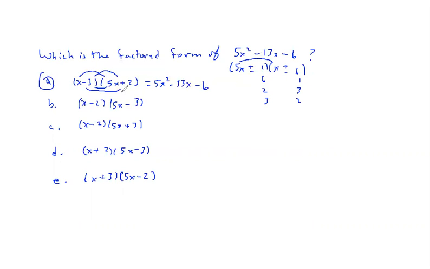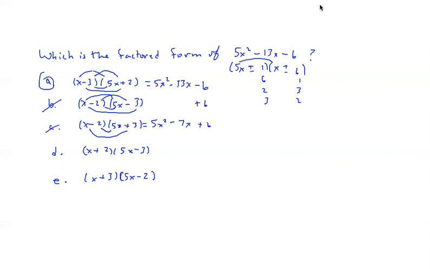Now you could check a few more of them just to make sure, but you can see right here, negative 2 times negative 3 is a plus 6. Okay, that can't be it. This one looks like it could be right too, but in the middle terms, negative 10x plus 3x makes that middle term negative 7x, plus 6 and 5x squared. So that one can't be right. And this one right here, it looks like it's the same thing, except,